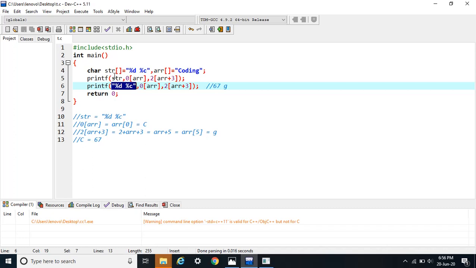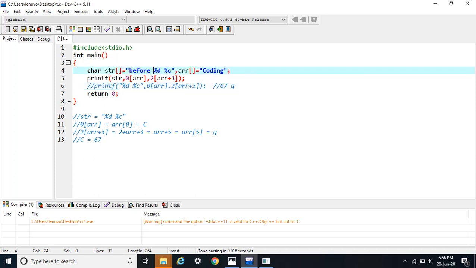Okay, this will be placed as it is, but it has to be a string. Okay, let me clear you more. Let's place a word before here. So this str will be placed as it is here. So imagine before here. So first what would be printed? Before. After that %d for this, which is 67, and %c for this, which is G.